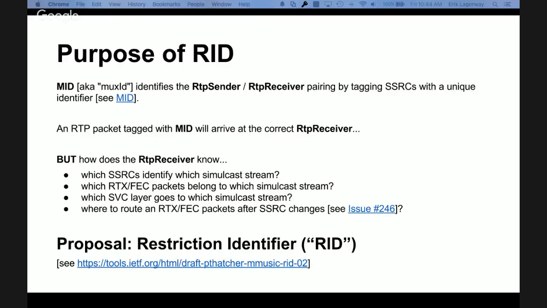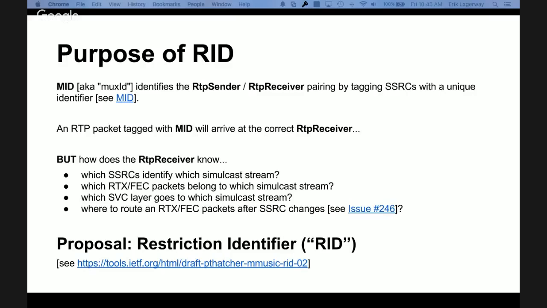Different simulcast streams will have different RIDs, and so different SVC layers will have to have different RIDs too. So I don't understand what you're saying. Well, wait a second, Justin, just to make sure I understand this. Say I have two simulcast streams, each with temporal layers. Are you saying that layer 0 would have a different RID than layer 1, even though they're part of the same simulcast stream?